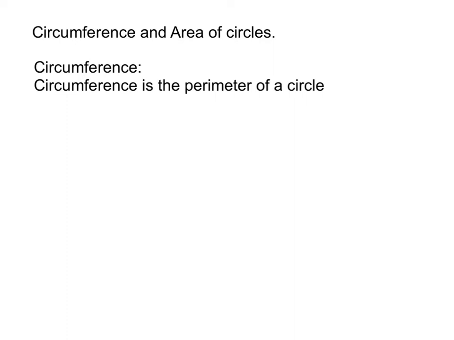Circumference and area of circles. So circumference is the perimeter of a circle. That means that we measure it from one point, go all the way around the circle until we get back to the same point. Now, instead of having to measure that, because obviously it would be very challenging with a ruler, some very clever people figured out a formula to do so, and that formula is circumference is equal to